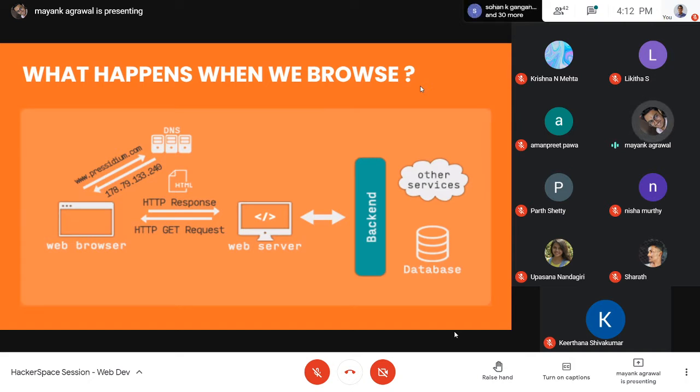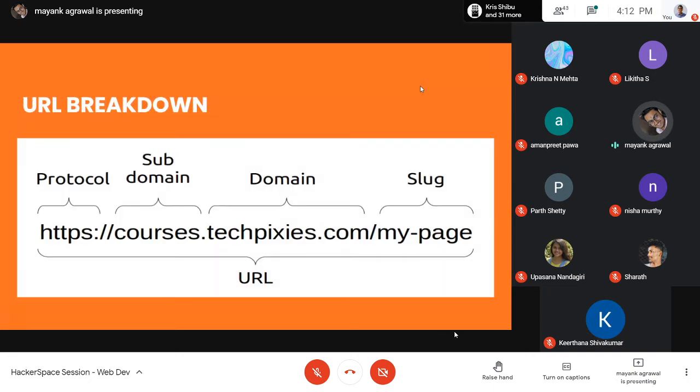The web server returns that HTML file, and then your browser keeps sending GET requests to the web server and gets responses in return, because there are many other aspects to a website besides HTML. There are JavaScript files, images, CSS, all that stuff. Until your website is fully loaded, these steps keep repeating. Once the page is fully loaded, it depends upon how you interact with the web page, and similarly requests are sent to the web server.